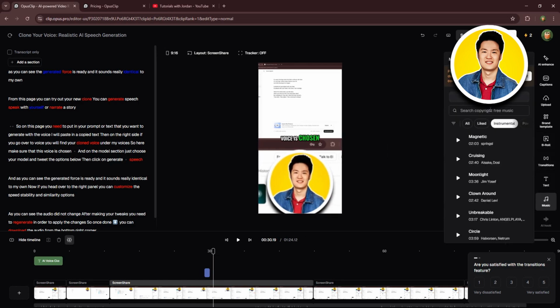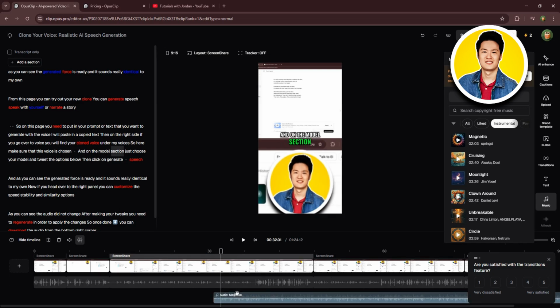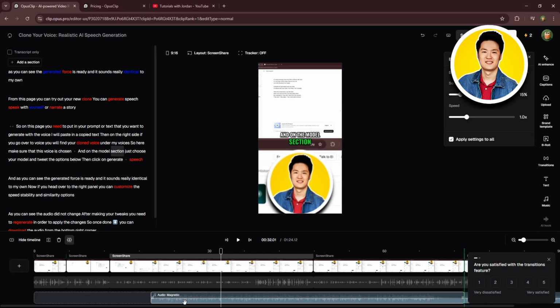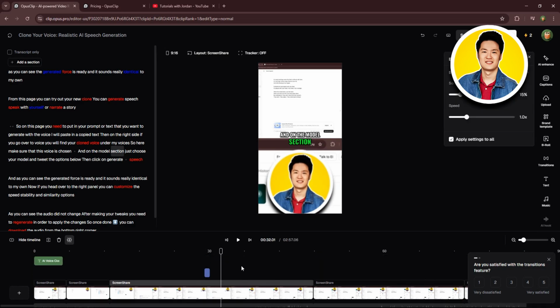And if you go over to music, you'll be able to view all the music available on the platform. If you like any music, just click on the plus icon and it will be added on the timeline onto your clip. Just give it some time to load up and you will notice that the music file has been added right under your video clip. You can then select it and drag it to position it according to your preference. This way, you can put any music that you want onto your clips.